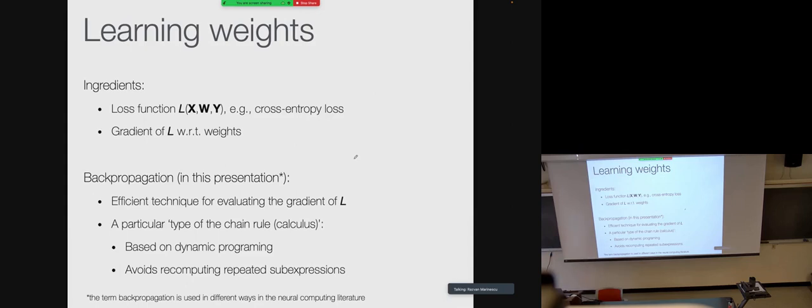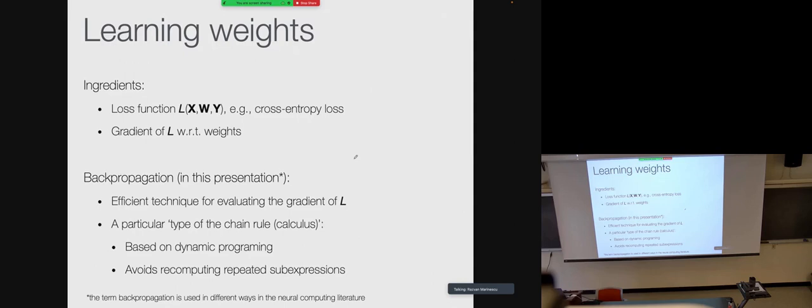Backpropagation in particular is a very efficient technique for evaluating the gradient of our loss function. Fundamentally, it uses the chain rule of calculus. And apart from using the chain rule, we also make use of something called dynamic programming, where we break up a problem into subproblems, and we only compute each subproblem once.